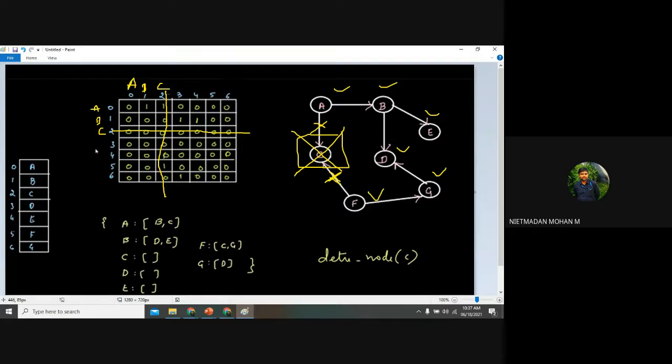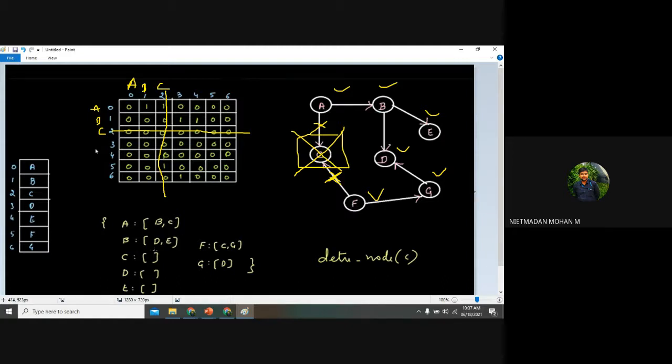Don't get too complicated. Only one thing: if you are deleting a vertex in the graph, its representation in the matrix is automatically deleted, as well as all the representations used in the list.